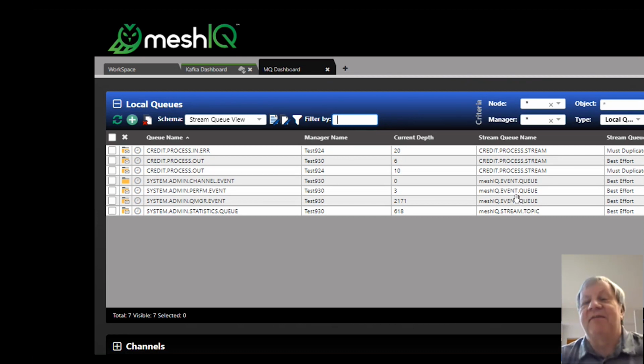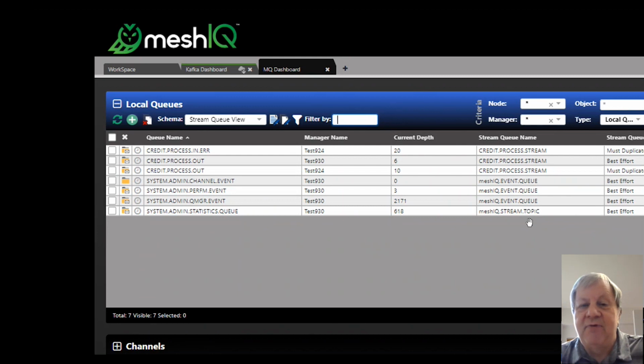And so again, that's another use case for the value of a streaming queue. And you can actually see down here in this last one, I actually sent it to a topic. And the reason I sent that to a topic is I had multiple consumers of the statistics. This happens to be your IBM MQ statistics. And again, a very common scenario is you might have multiple use cases for that. So again, I've sent those to a topic, which allows me to then distribute it to multiple additional applications, right? So a lot of value in that. And this really demonstrates how you can use streaming queues to your value.